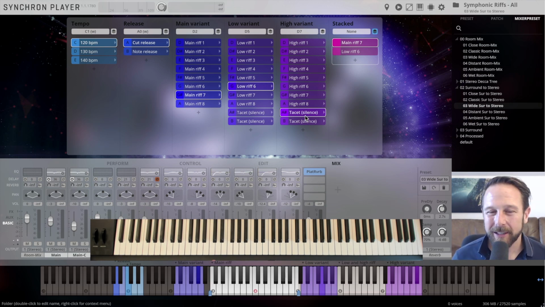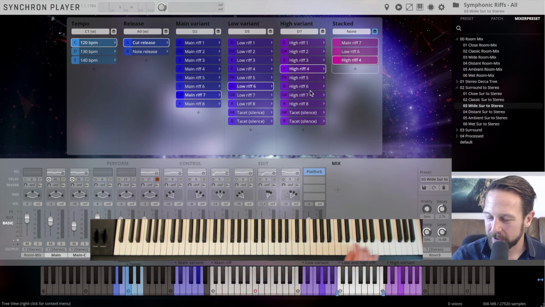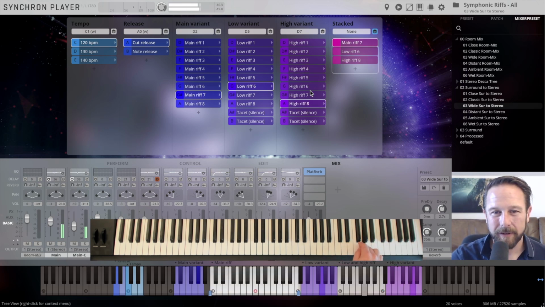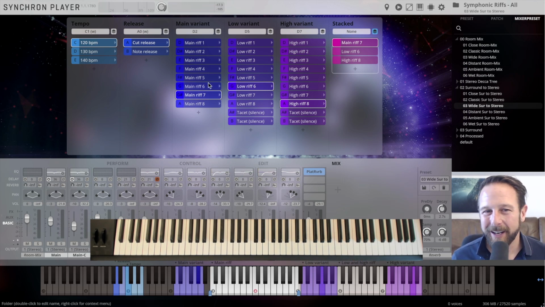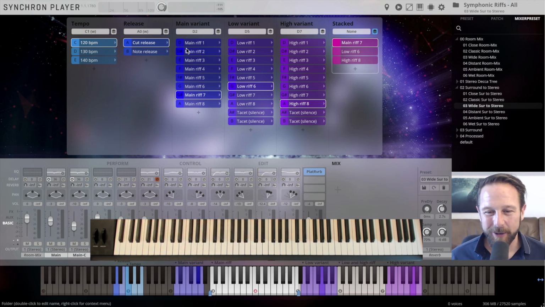You can really get things going, but it's a whole orchestra doing that work for you. And now it's really just about combinations of those different riffs. Or here. So you get the idea, having 8 times 8 times 8 combinations that you can use any way you like.